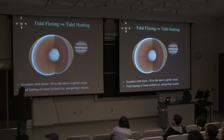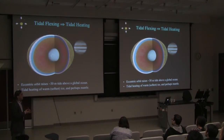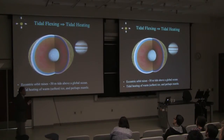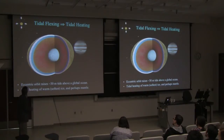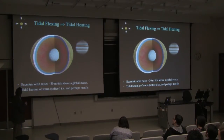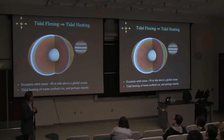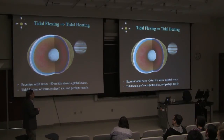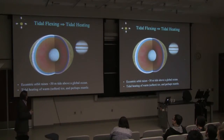So the surface of Europa is about 100 Kelvin, very brittle. It's not deforming viscously at all. But the base of the ice shell is as warm as glacial ice. It's going to be near 0 degrees Celsius, about like glacial ice on Earth. And so that part can deform viscously, and that is where heating will deposit the most. So Europa is like a paperclip that's being bent back and forth and generating frictional heat